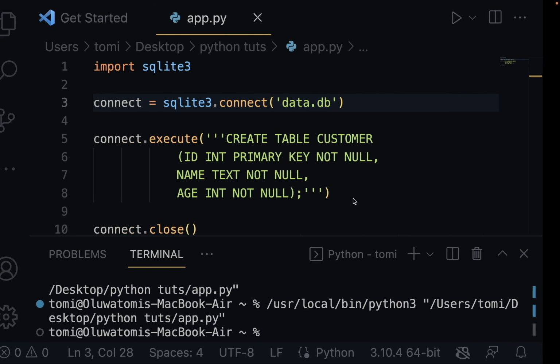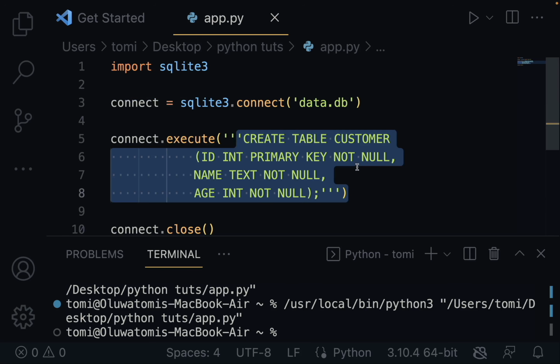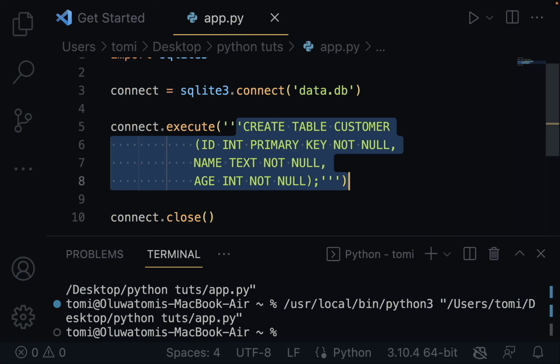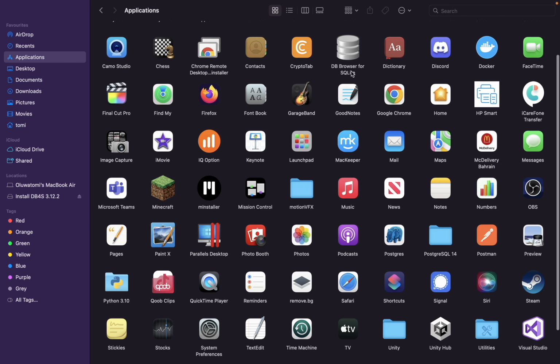That makes sense. So we executed this and now we know that we have a table created like this. But how can we see that we've created a table? There are different ways. We could first insert values into it and then return those values to know that we actually created a table. Or what I do, I downloaded this application called DB Browser for SQLite. Now once I run this browser,